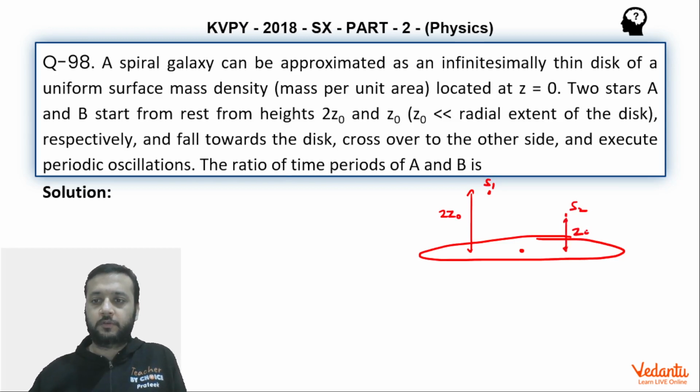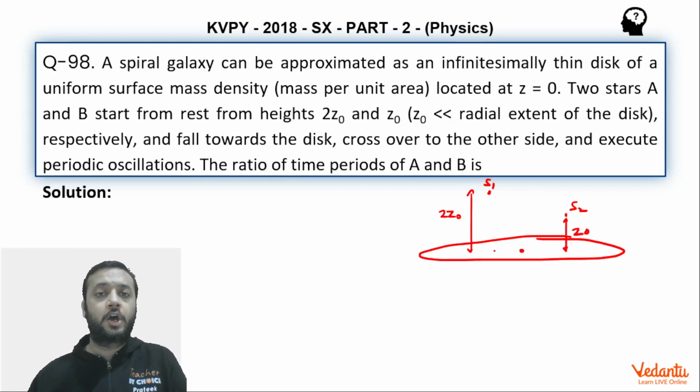So from this height z0 above the plane of the disk, it is going to perform oscillations. So you have to compare the time period. That means we have to find the ratio of the time period of oscillation 1 to the time period of oscillation 2. We have to assume that the disk is very large in comparison to z0. Correct. Now it's a very easy question, because we must realize that